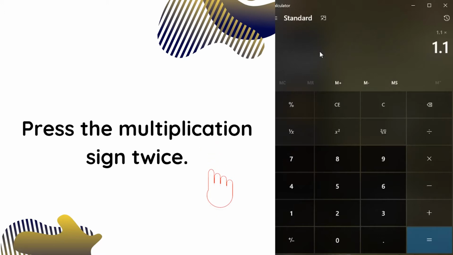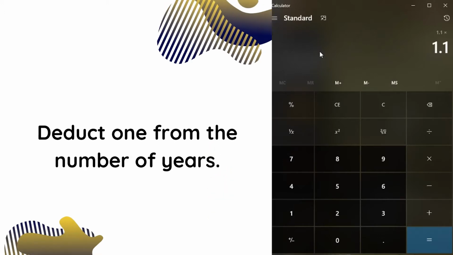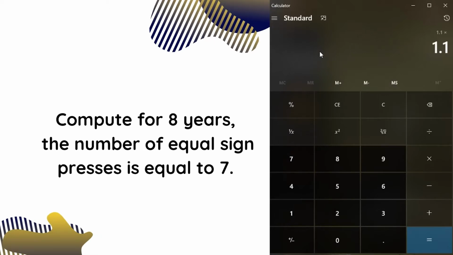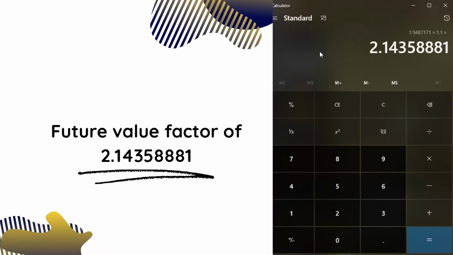For the equal sign presses, what we have to do is to deduct 1 from the number of years. So given that we have to compute for 8 years, the number of equal sign presses is 7. So 1, 2, 3, 4, 5, 6, 7. After that, we will get the future value factor, which is